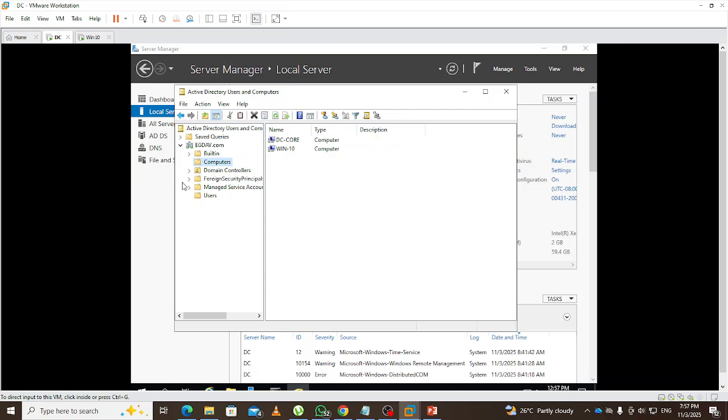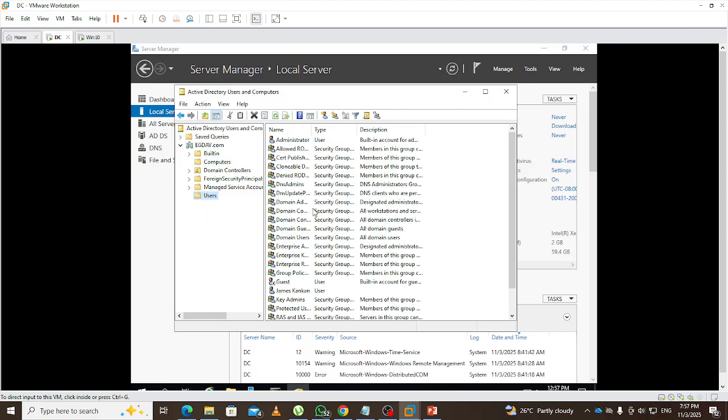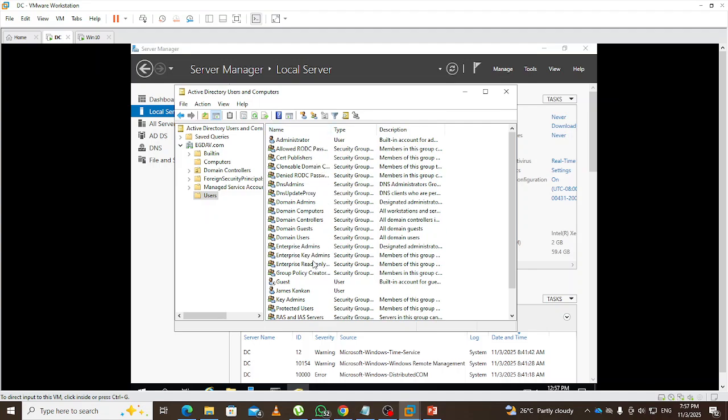So we have the user container, which is the Users. When you click on it, we have some default user accounts here, groups, and then I have one user here by the name Kankam. So to create one, you just have to right click on the container, or you can equally right click inside,